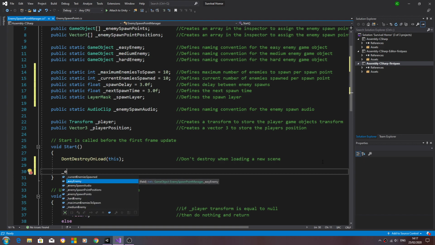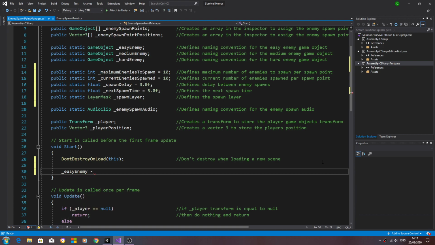We're going to say underscore easy enemy. That's going to equal, and we want to say resources dot load, open and close brackets. We want to load of type game object. Come to the end, open and close brackets, inside the brackets little speech marks, and we're going to say easy enemy. Come to the end of the line and close it off,